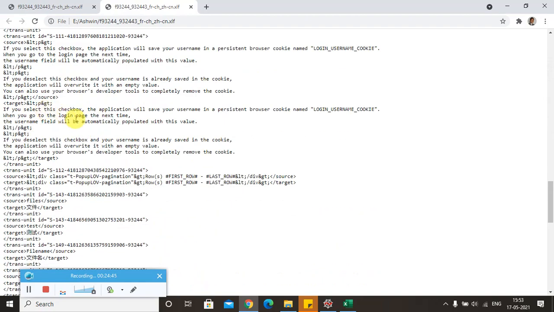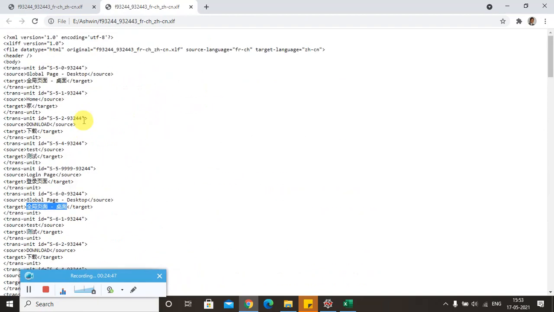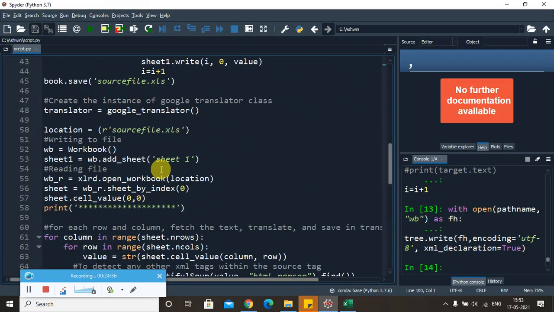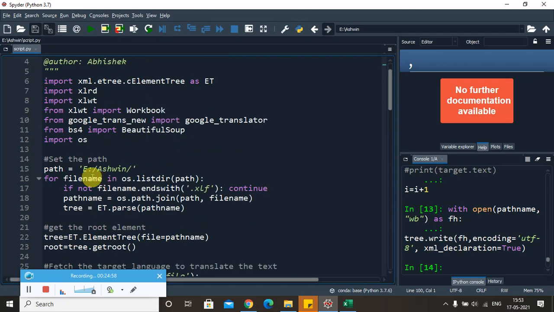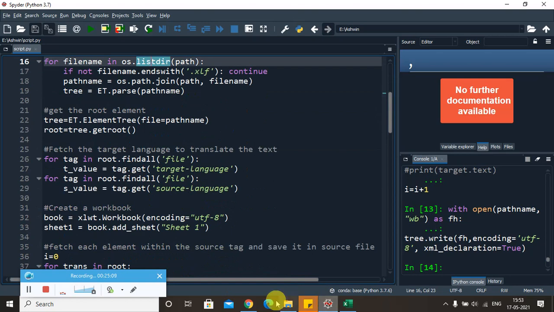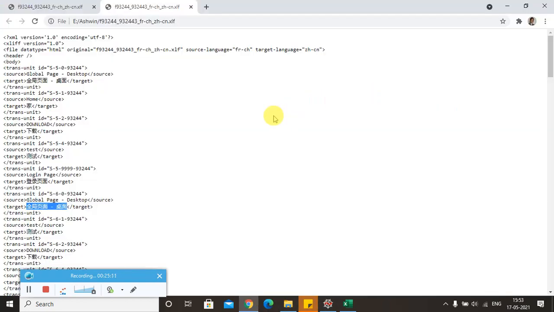This works very dynamically, because when this file is created, you are going to get the source language and target language. If you are able to fetch these values, then you can do it automatically. The only thing is to ensure that in this particular directory you have only one single XLF file. There are also some other mechanisms which we can apply for this. So this is how I tried to translate the XLIFF file using Python.